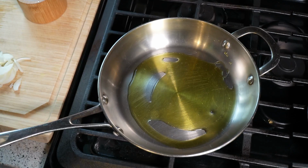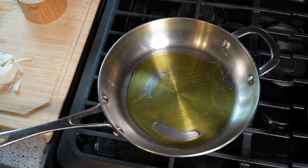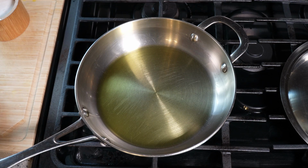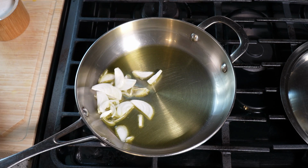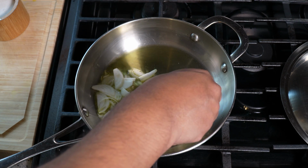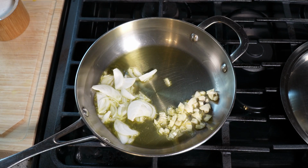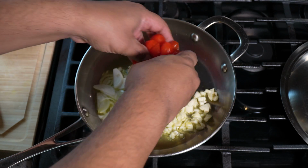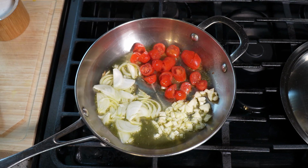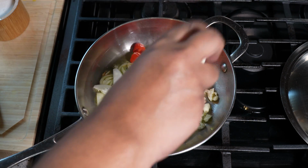Got a couple tablespoons of olive oil. I'm on a medium-low heat, by the way. That I'm gonna add a medium onion, 3 cloves of garlic that I just gave a rough chop to, and while not a must, I found some cherry tomatoes in the fridge there, so I thought I'd add it in there. It's totally optional. Black pepper,